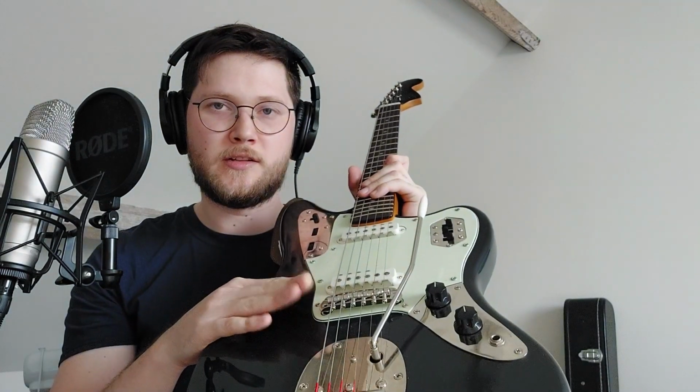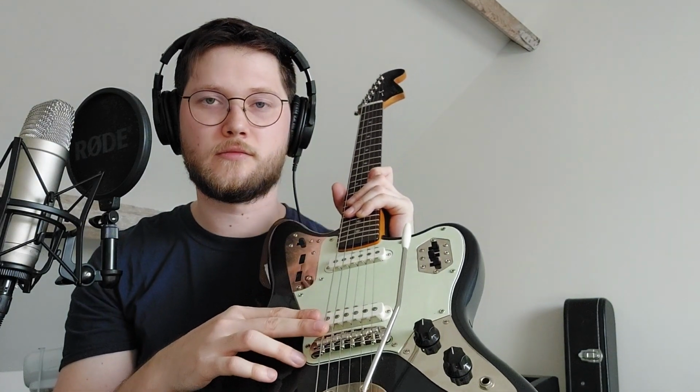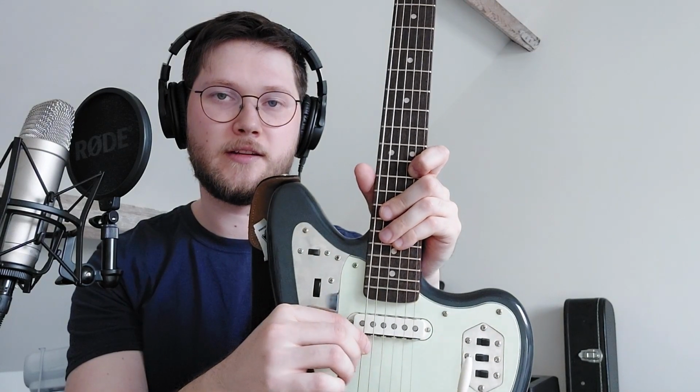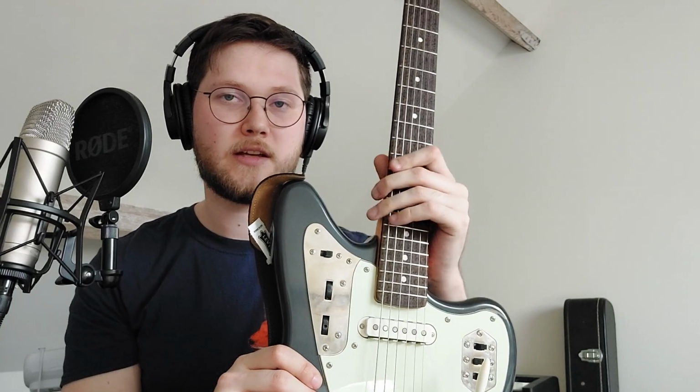Probably better to show it like this without bumping the mic. If you can see the way the strings break over the bridge, you want the bridge high enough off the body to create a sharp enough angle where the strings cross the bridge. But raising the bridge also raises the strings vertically off of the neck, which makes it harder to play. So to counteract that, you have to shim the neck, which is where you take the whole neck off of the guitar